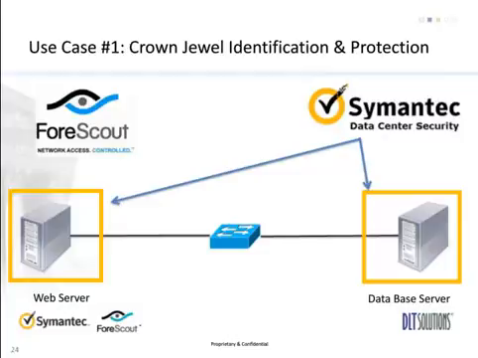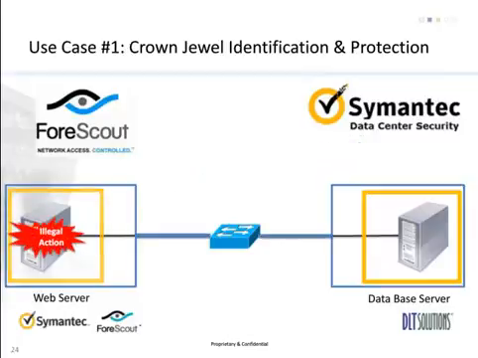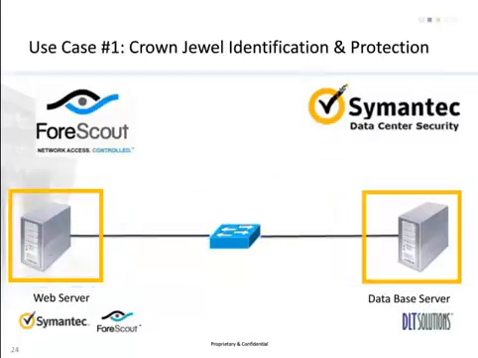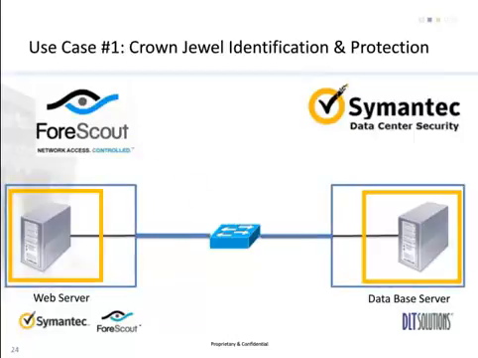Additionally, ForeScout provides a policy container around the network. So where DCS is protecting the system, the application, and to some degree the user actions, ForeScout is rounding it out and providing an extra layer of protection through a network-based policy container. So again, these are policy-based containers that say, based on the corporate policies, the value of these systems, and the sensitivity potentially of the data in these systems, we're going to put additional policy containers around these devices to apply